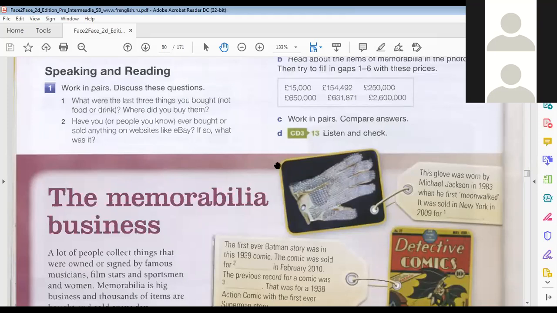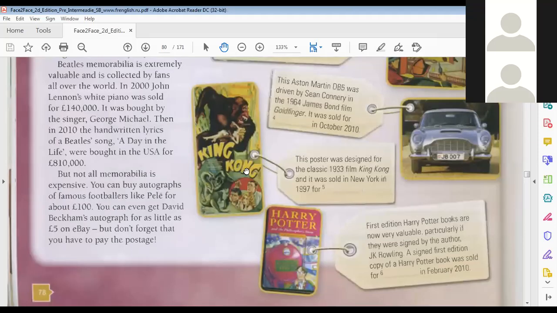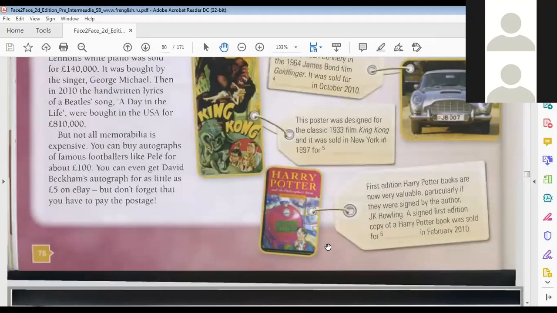Maybe because now it's popular. Maybe because we have a film for that. Maybe because you don't want to buy a book. Yes, but which one is first, the book or the film? Maybe I think the book. The book was before the film. The film came after the book, right?